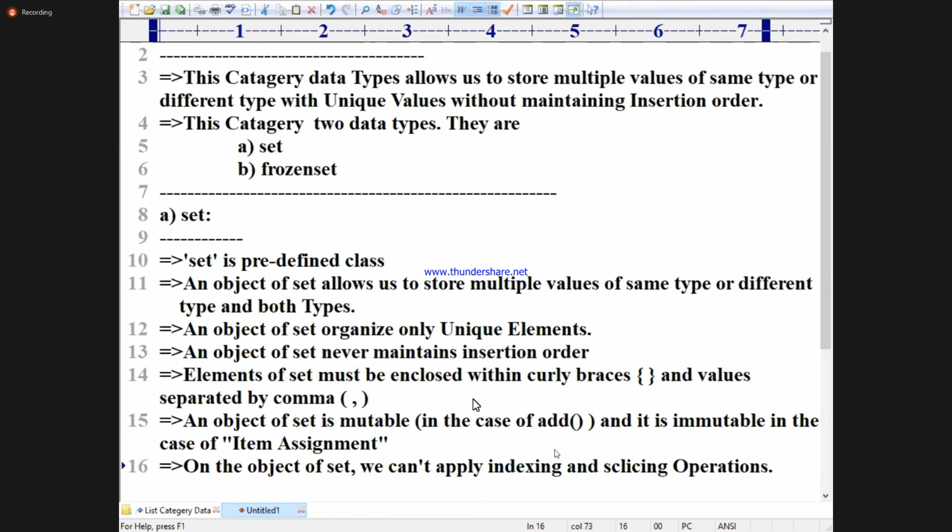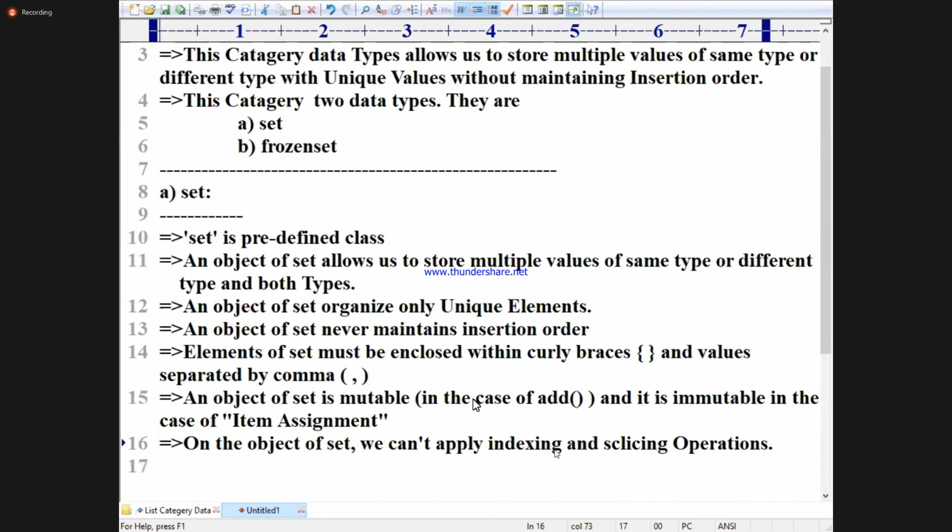Most important. Why can we not apply them? That is also one question. Because a set object never maintains insertion order.